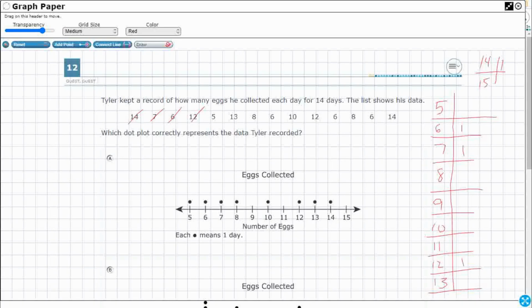All right, so 12, 5, 13, 8, 6, 10, 12, another 6. All right, looks like there's 3 6s. 8. Oh, another 6. Okay, so that's going to be helpful, all those 6s. All right, 14. All right, so if we wanted to, we could actually put some numbers next to it,